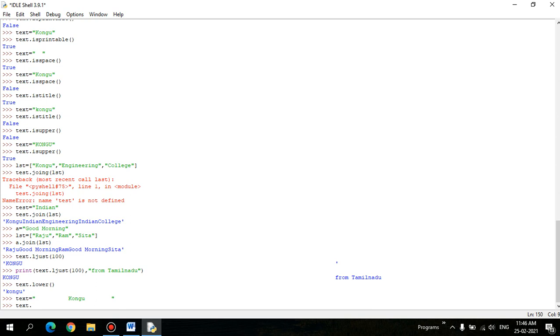Let's take text dot, it has to be printed, so print of text dot, because it has to be meaningfully printed so that the effect may be observed, right? Dot, the function is lstrip, so it doesn't accept characters.